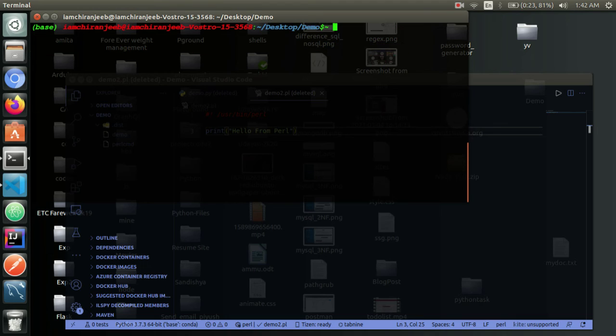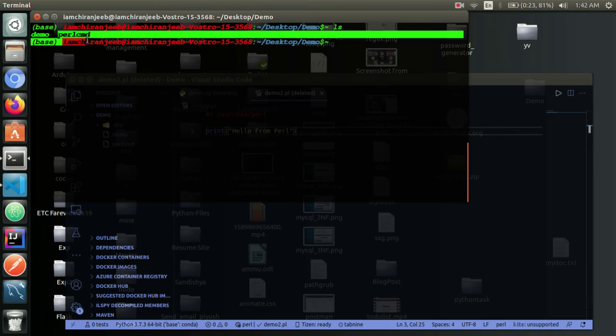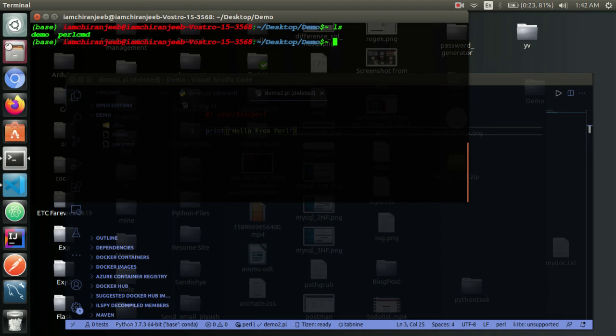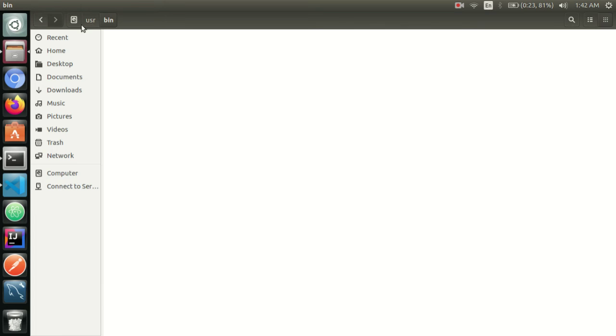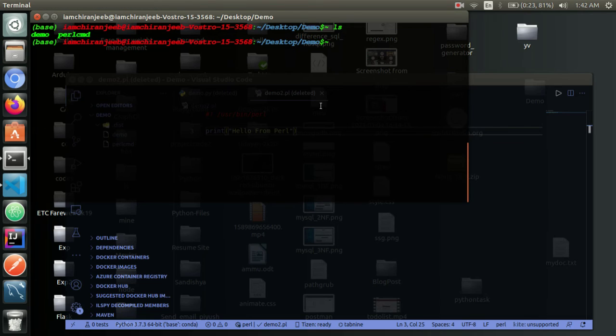Now, as I have already told, I will move this perlcmd to the /usr/bin folder. Okay, so let's do that. sudo cp perlcmd /usr/bin. It's asking me for the password.